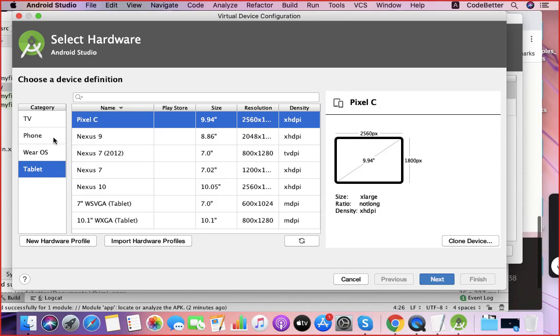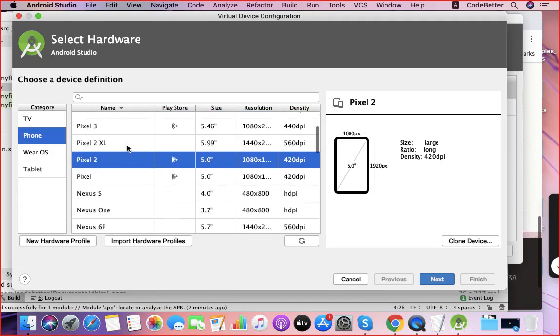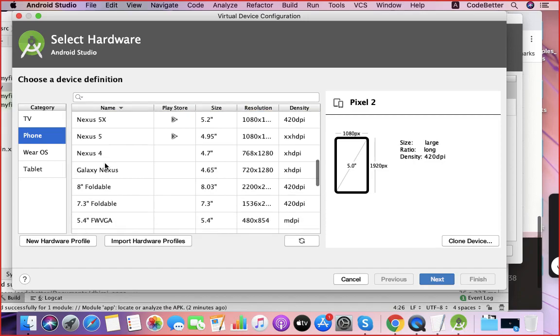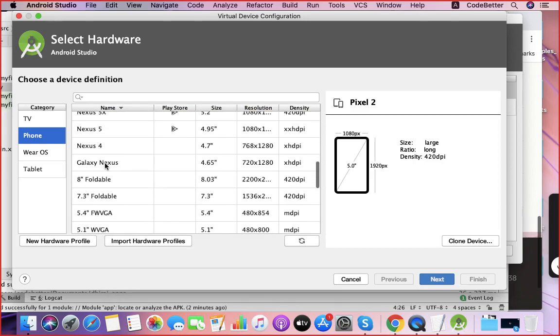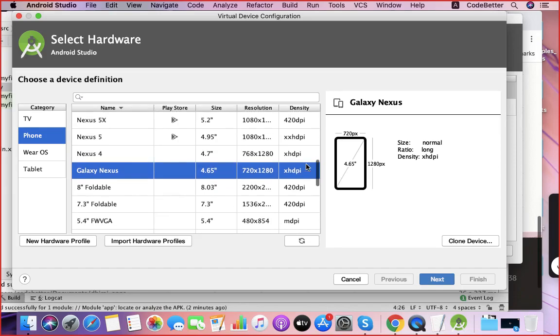There are some ready-made templates available for virtual devices. Let me take one, Galaxy Nexus. This Galaxy Nexus is of 4.6 inch, whose size is this, whose density is this. Okay. I can select this predefined profile, and if I click on the next button, it is now asking which OS version to load on that virtual device.